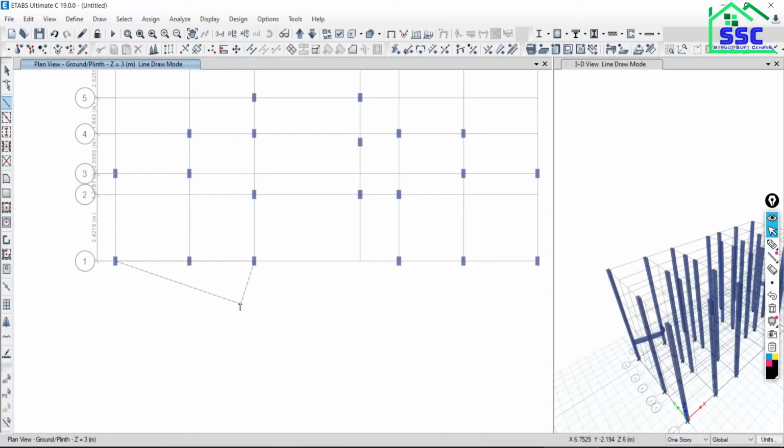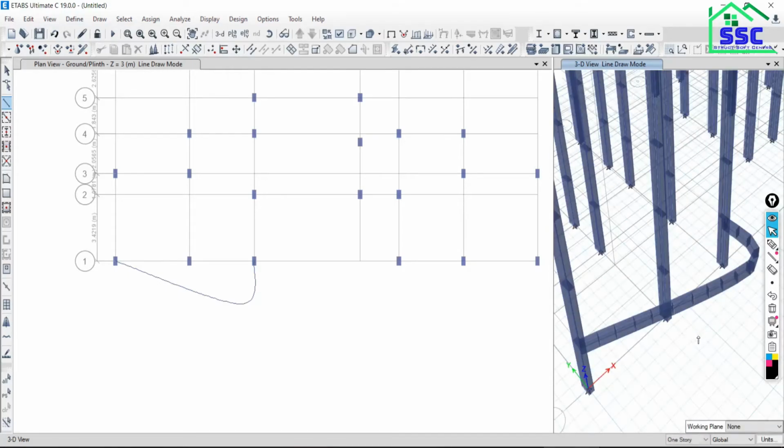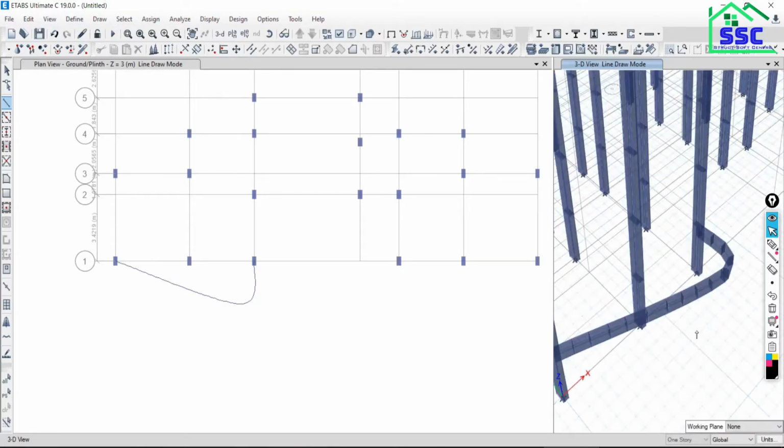Just click here, double click. So as you can see, the beam actually has been modeled here. So any type of the shape of beam you can model.